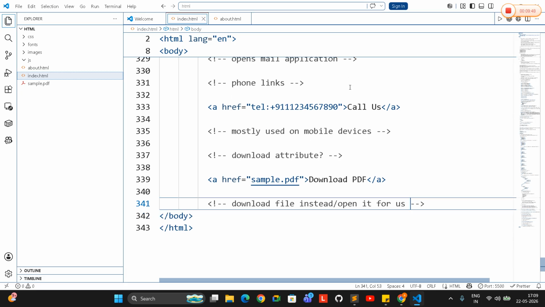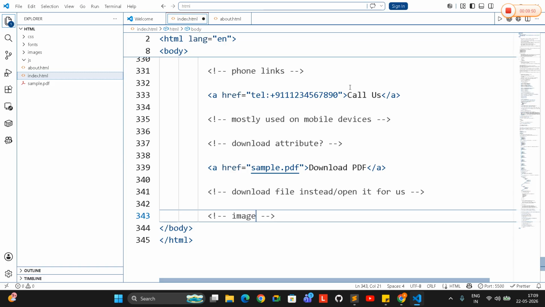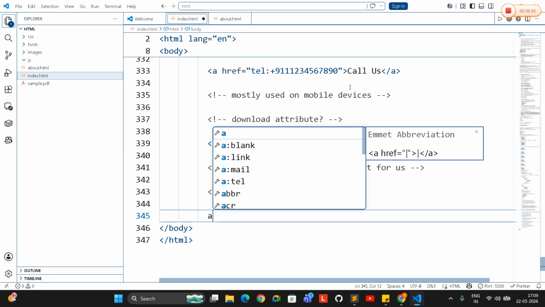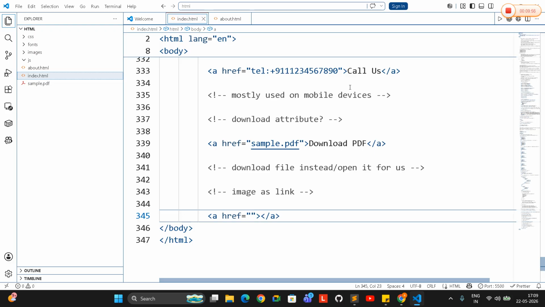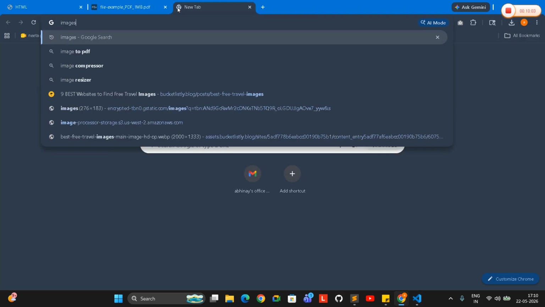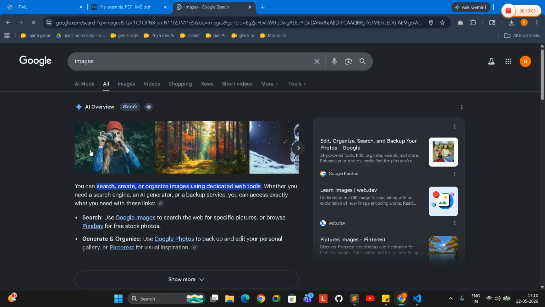Okay, next we can even make an image as a link. This also is really very important. Most of the websites we see it. Okay, I'll directly take a link. Let's do one thing. Wait, I'll show you something. Let me go to images first of all. Let me take this image maybe,